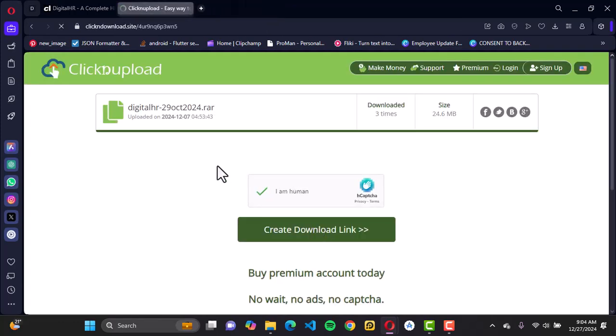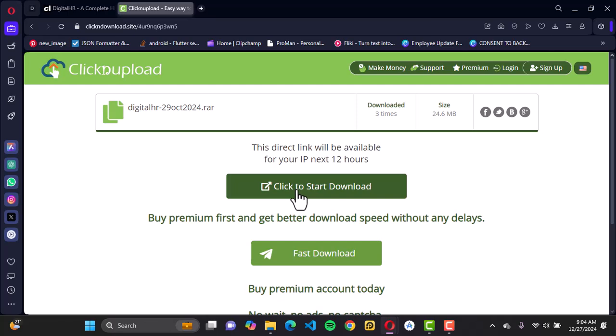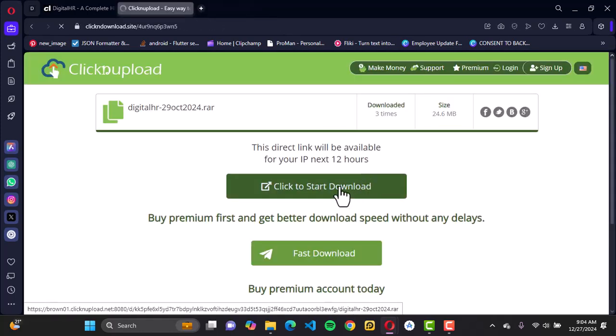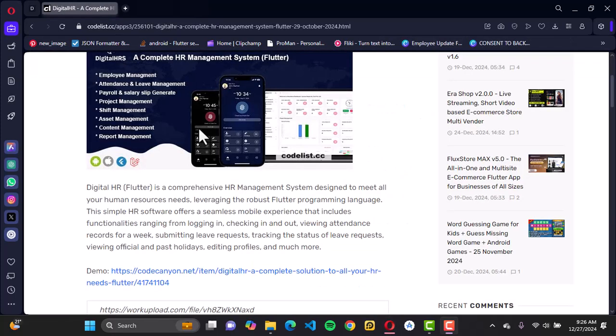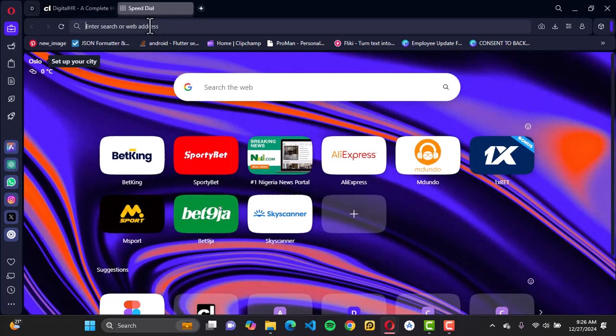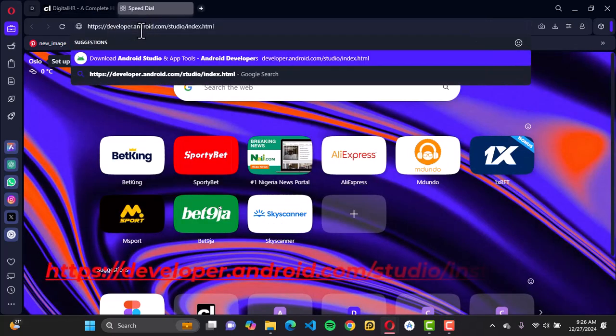Okay, you're going to click on it again. Okay, so you start downloading. It just keeps redirecting, but you just start downloading. Once that has been completed, you head over to a new tab and you just go to Android, right,